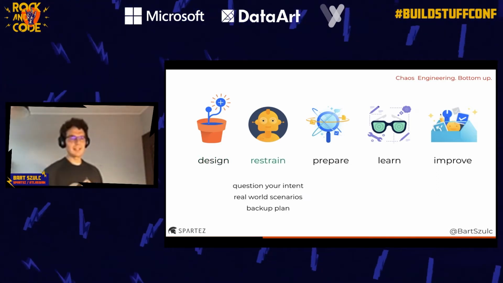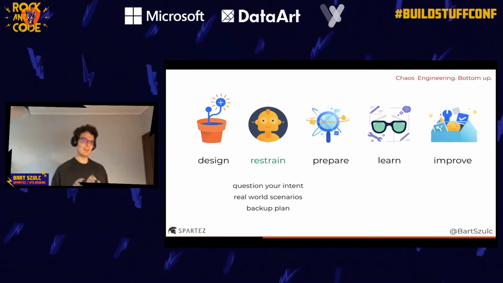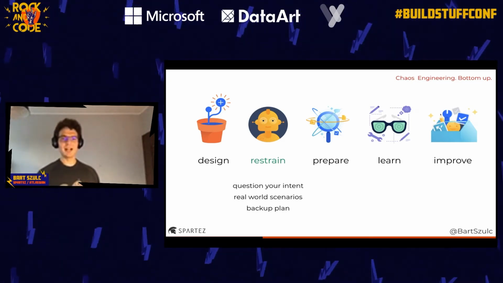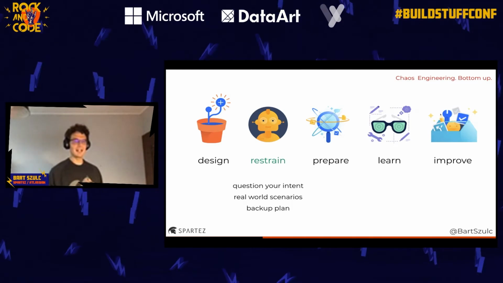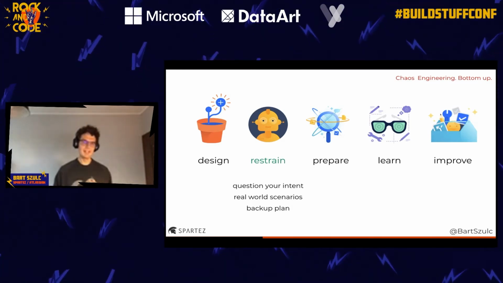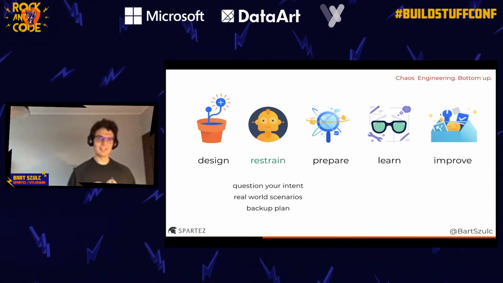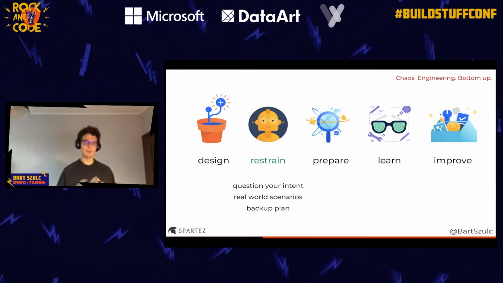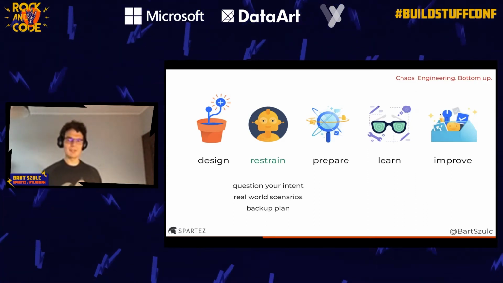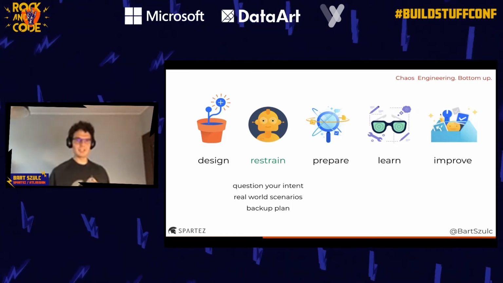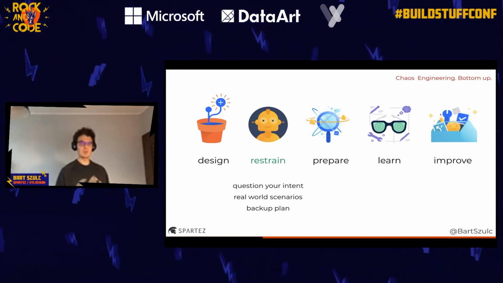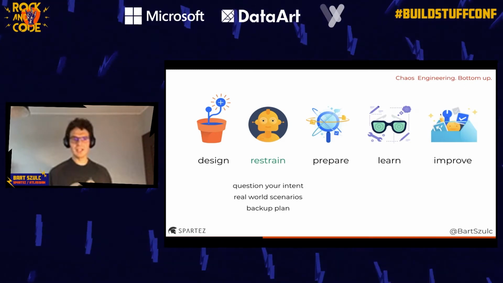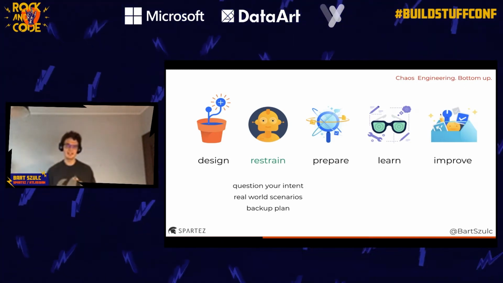The next phase is restrain. I think it's a very important phase because it questions your intent behind running chaos engineering experiments. Like I started as a QA, so you could say that I was always there to break things, right? Like to find holes, gaps, and just prove that something doesn't work. And that's not the reason we are doing chaos engineering exercises, right? We are doing them to prove that our system can withstand certain conditions, turbulent conditions, but conditions that can happen on production.